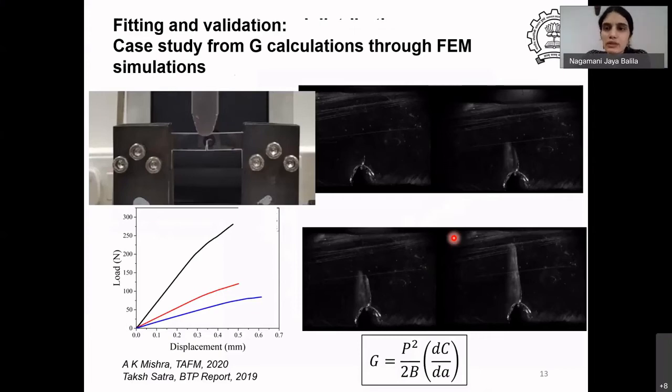So I'll show a case study again from a sample which I'm trying to break. But in this case, this is a brittle polymer instead of glass. It is a transparent brittle polymer. These are used in mobile cases, in your dental applications. It's called polymethyl methacrylate. It's used in several even microelectronic devices. But it's a very useful sample for fracture tests as well, because it's transparent. You can see what is happening, where the crack is growing and so on.